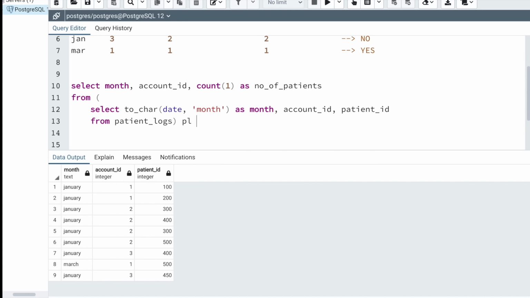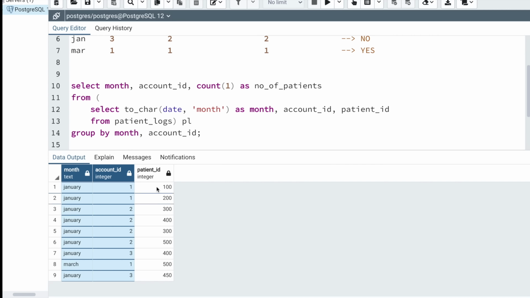I need to group together this data, so group by month, account ID. Now if I execute, what it's doing is grouping the data based on these two columns, and counting how many patients are present for each distinct combination of these two columns.